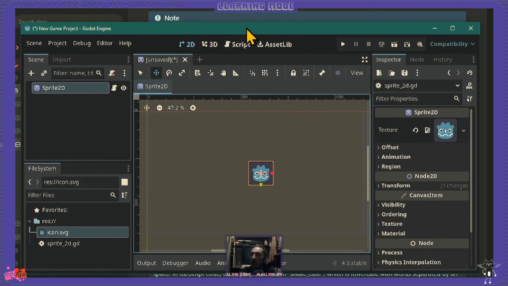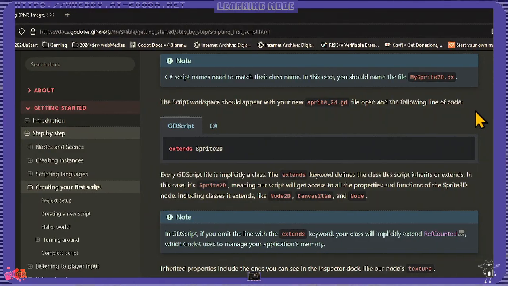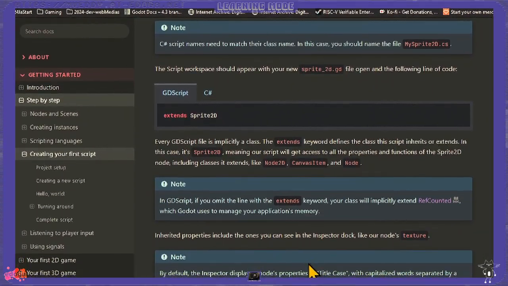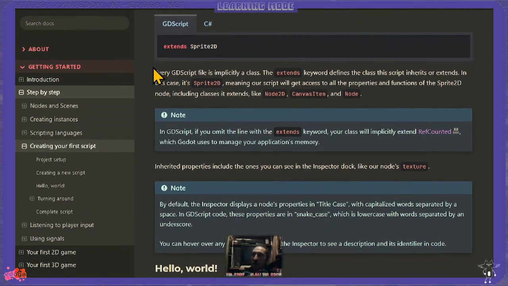Back to the instructions, follow the steps. The script workspace should appear with your new script, Sprite2D GD file open and the following line of code. Yeah, I've seen that line of code. That's generic for the